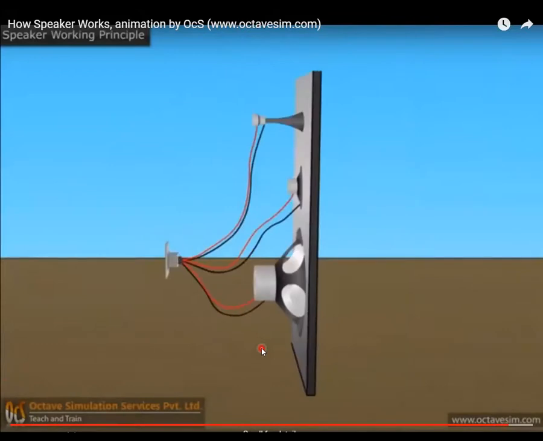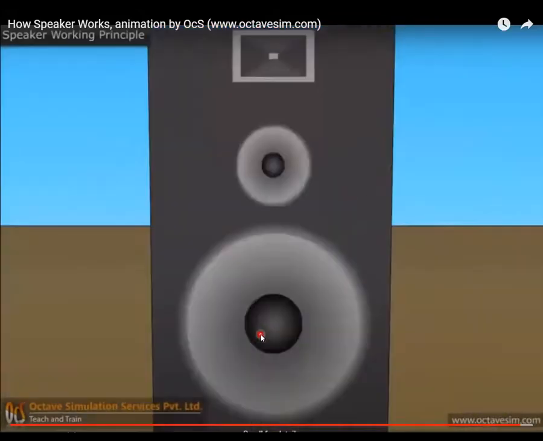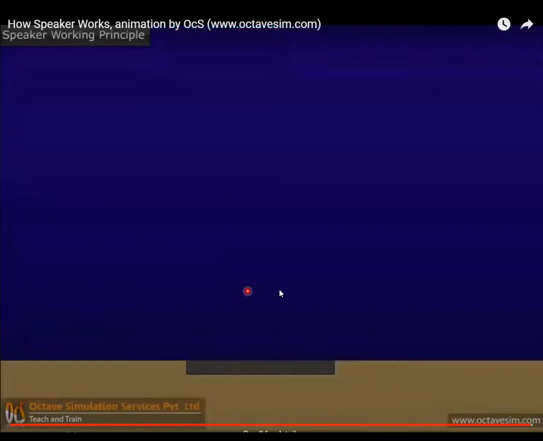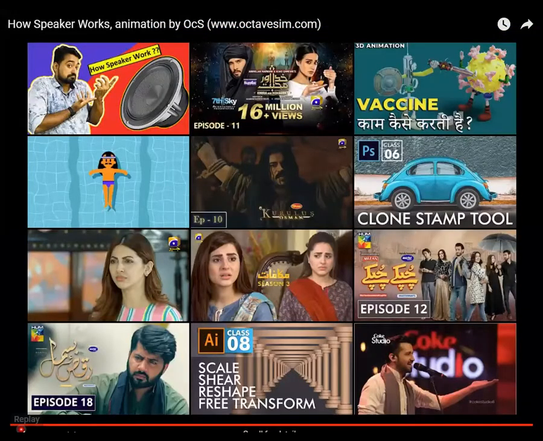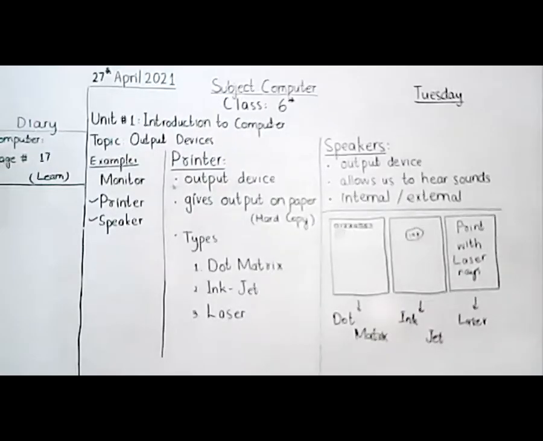In this way, the sound comes from the speakers, right? Everybody get it how it works?